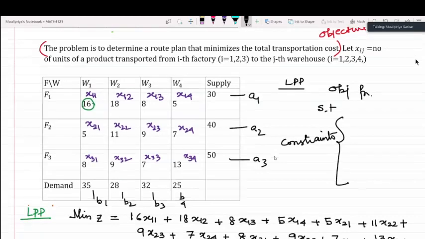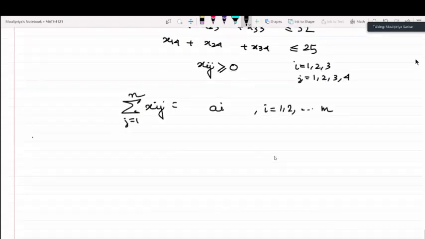For convenience, let us suppose we are having a system